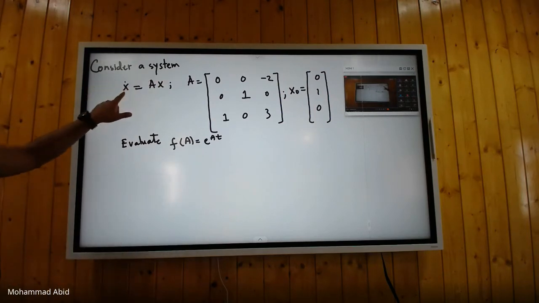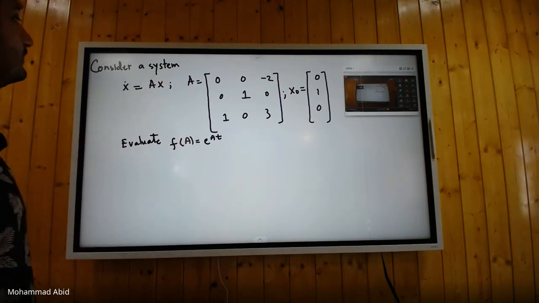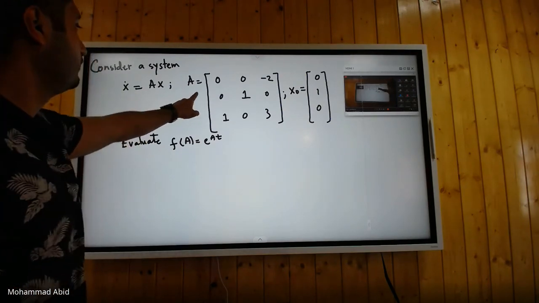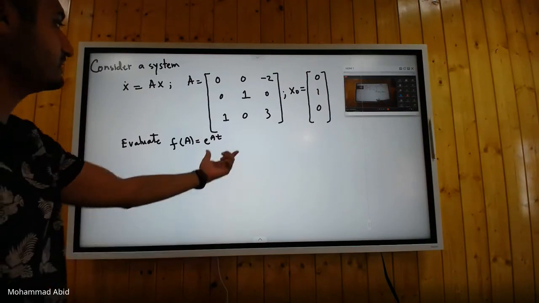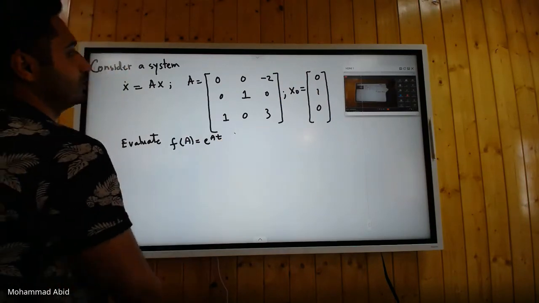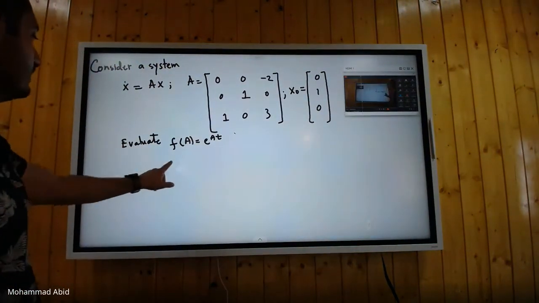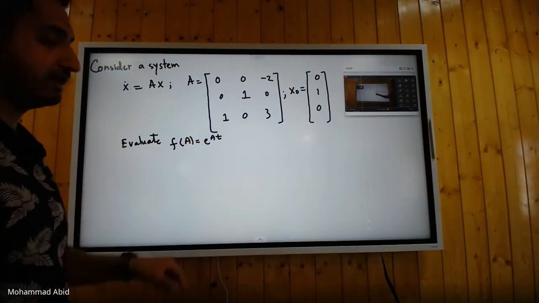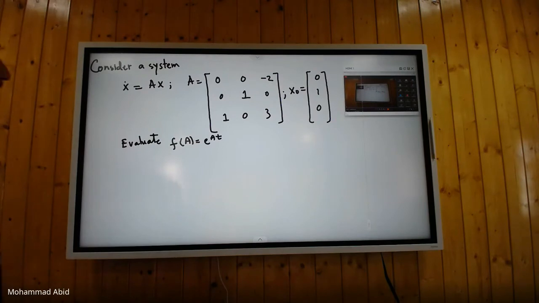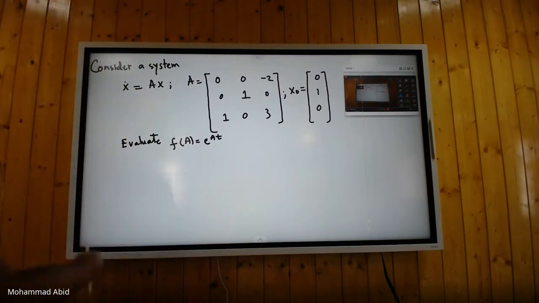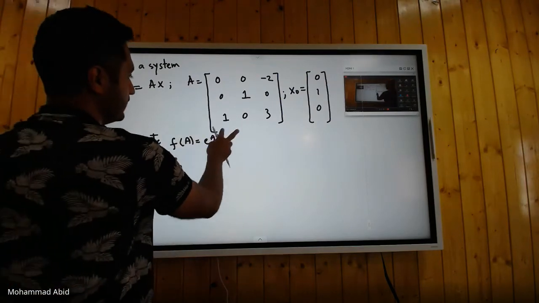Consider a system x dot equal to Ax. ठीक है, इसमें कोई forcing function नहीं है, it's a homogeneous system. Well, A is this. ठीक है, 3 by 3 system है, and you are also given initial condition. ठीक है, and you have to evaluate f of A equal to e to the power At, जो कि state transition matrix है. ठीक, जो अपने मेथड पढ़ा अभी using केली हैमिल्टन थ्योरम, तो उसी के थ्रू हम करेंगे।